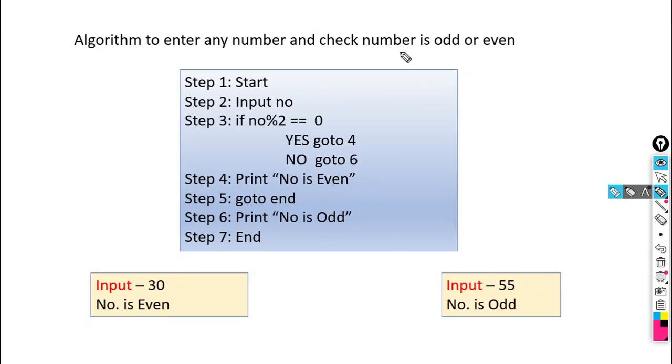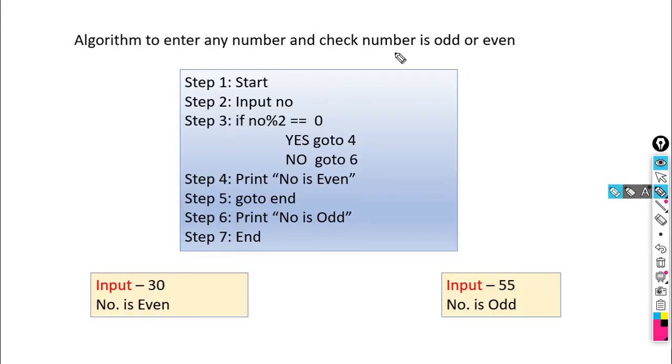The number which is divisible by 2. Divisible by 2 means when it is divided by 2, it gives remainder 0. So once we get the remainder as 0, we can say this number is divisible by 2. Suppose I input the value 5, we have to find out whether this number is divisible by 2 or not, whether we get the remainder as 0 or not. If we get remainder 0, that number is an even number, else this number is an odd number.